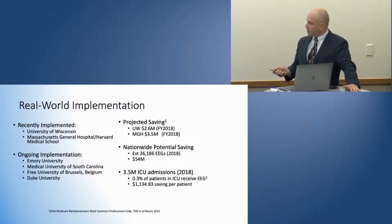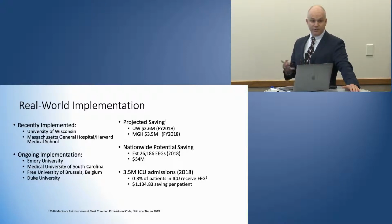Now, Dr. Struck has managed to implement this at University of Wisconsin, and in 2018 saved $2.6 million, is our estimate, and at Mass General we saved about $3.5 million. It's being implemented at multiple other hospitals in the US and internationally, and we estimate that if all of our colleagues who do this kind of monitoring were to adopt it, they would help more than 26,000 patients who are currently being monitored, and save about $54 million. Most importantly, though, we'd be able to help more people who are currently missing and save lives, quite literally, and